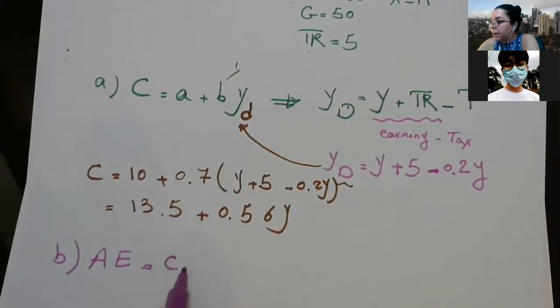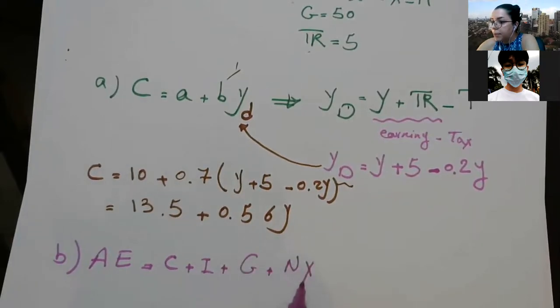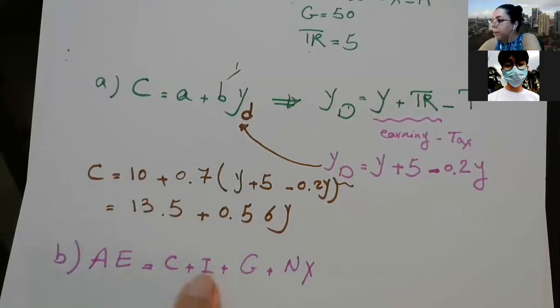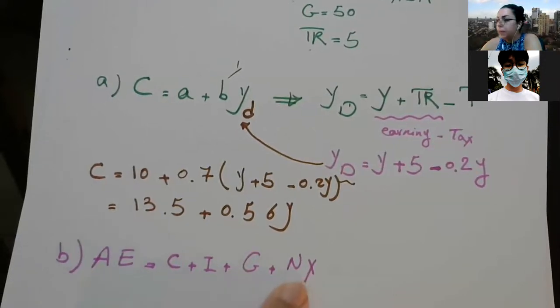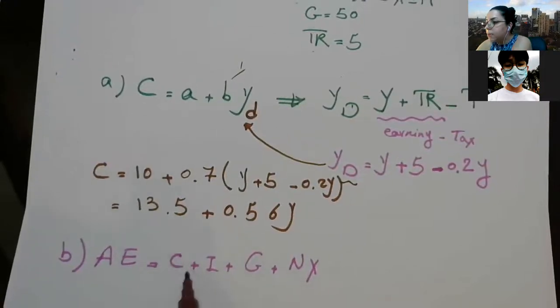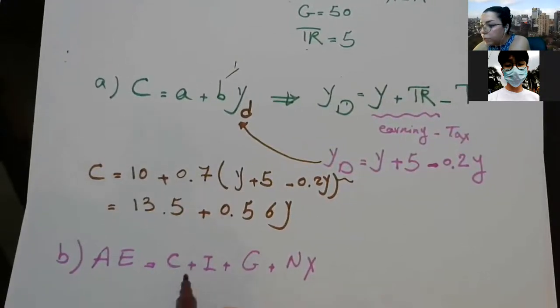The formula of aggregate expenditure is C plus I plus G plus NX. I, G, and X are given. C we calculated in the previous part. So it is just a simple substitution. Instead of C, I put